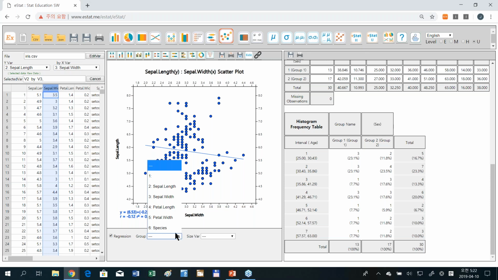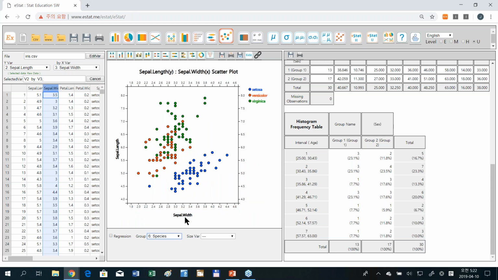You can select a group, and you can plot the dots in different colors. Also, you can find the regression line. If you want to make one variable give the dots a size, you can plot this kind of graph. I'll say this is middle school level.